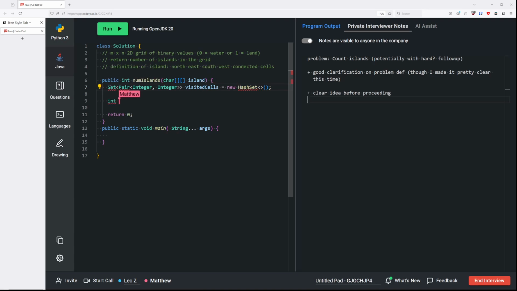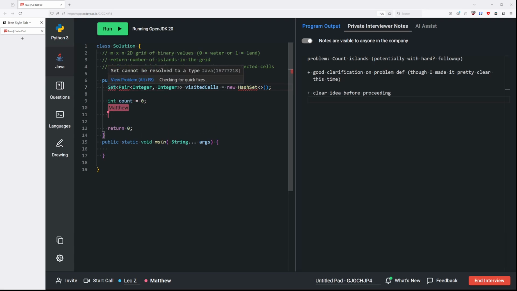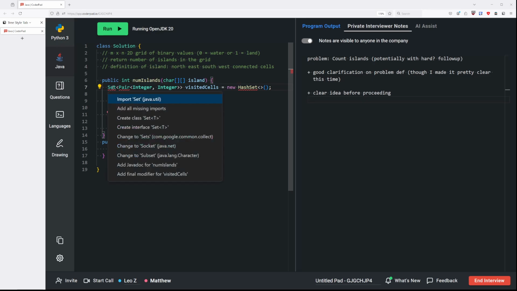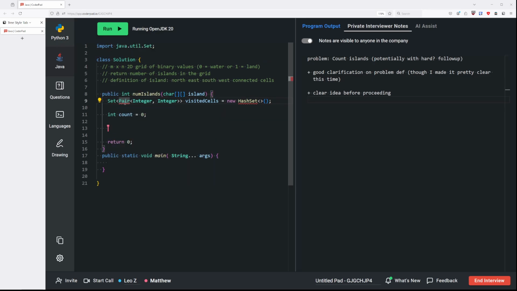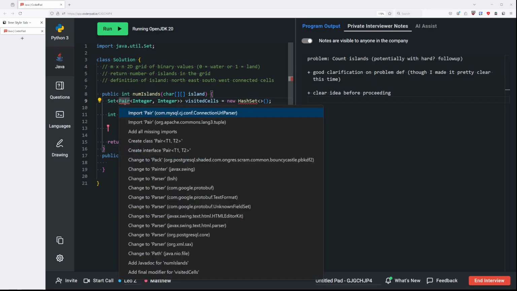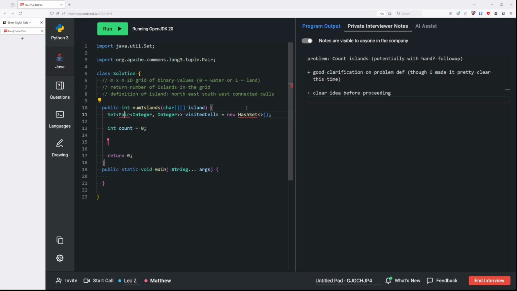Okay, and then there's going to be a running count of the number of islands. So count, and it's going to start off at 0. Oh, and one more thing. I'm just realizing now that one thing I didn't go into detail about is